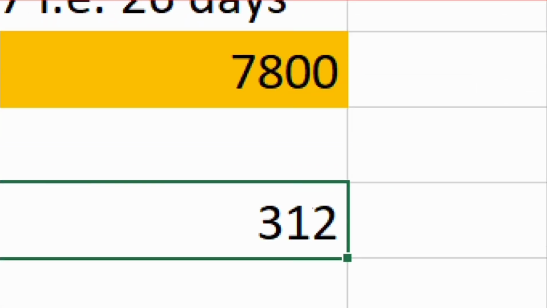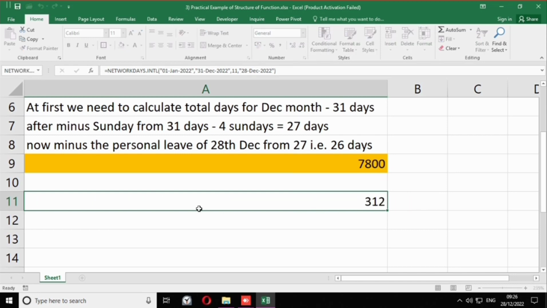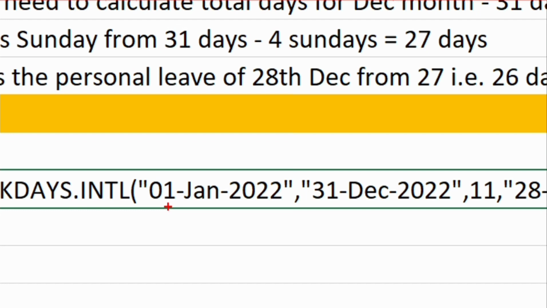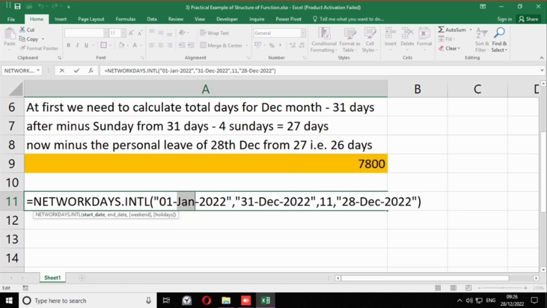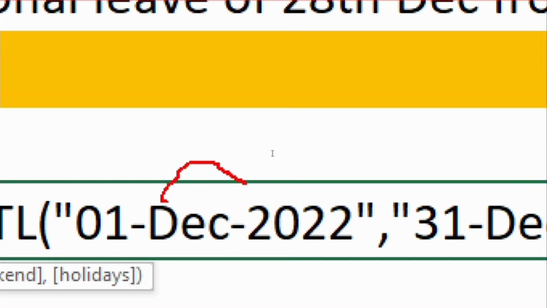Then just open up your formula, simply press F2, and you can see that 1st January 2022 is the wrong date I have entered, because I need to enter 1st December 2022. So I will rectify my mistake, 1st December 2022.